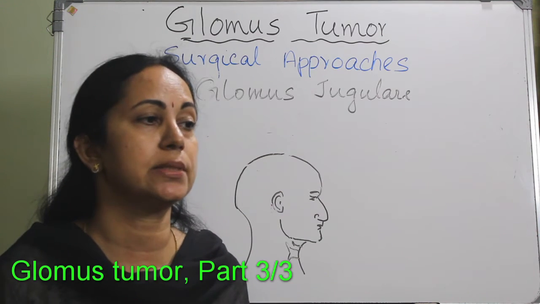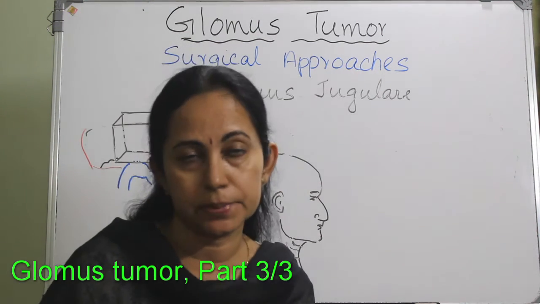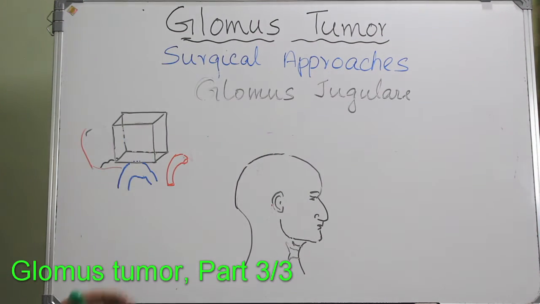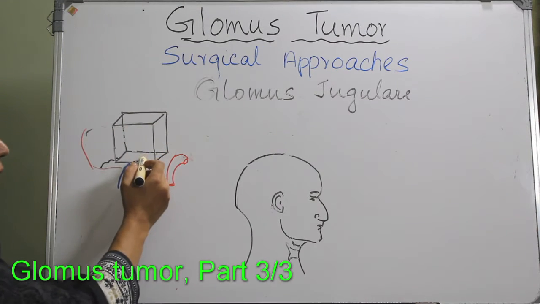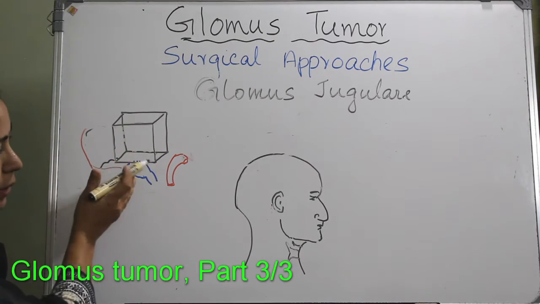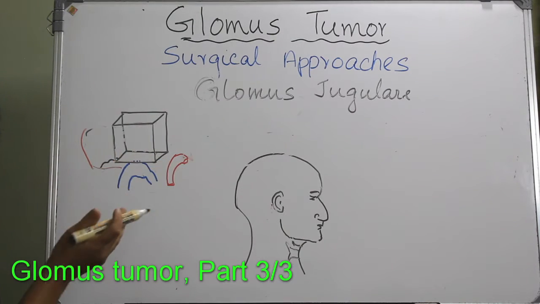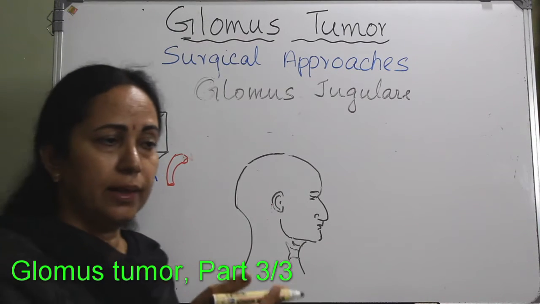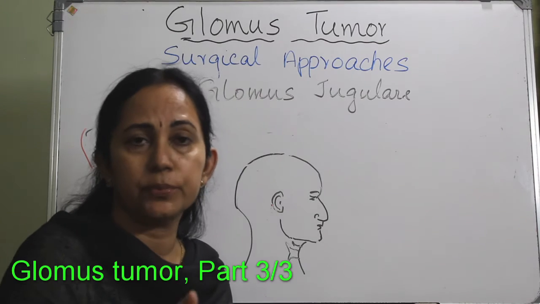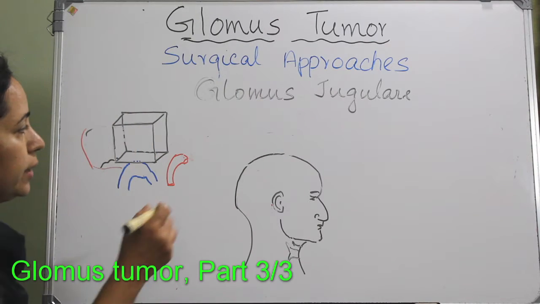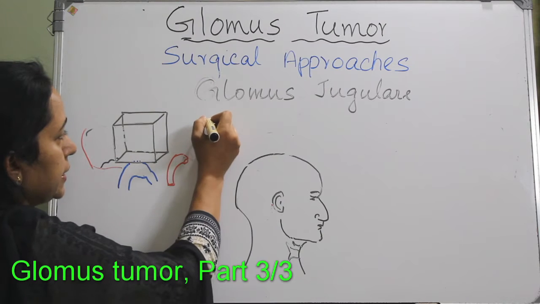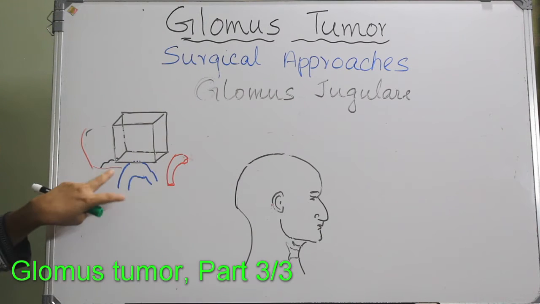Glomus jugulare tumors, again there are 4 types depending upon the extension. Basically glomus jugulare arises from the jugular fossa, and it can involve the middle ear and mastoid, and also the infralabyrinthine area up to the petrous apex, and also intracranial involvement. So here the target area is around the jugular foramen,